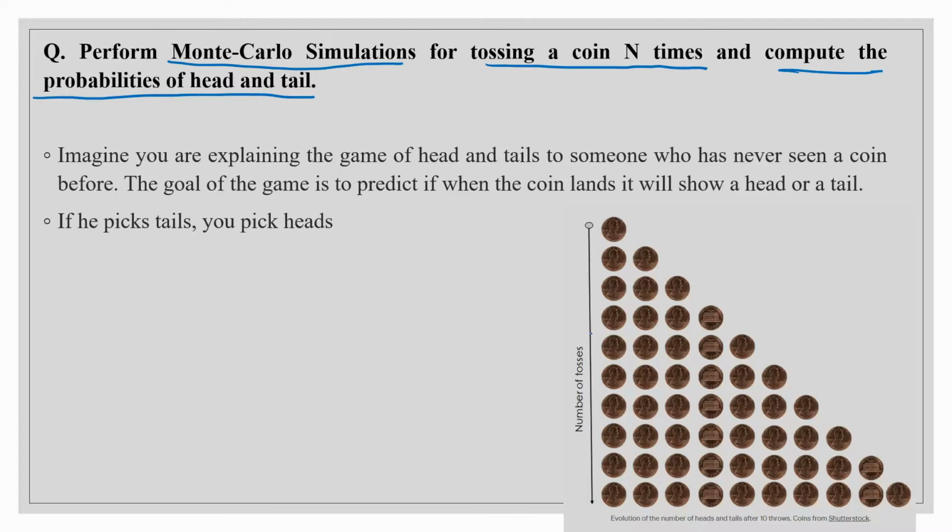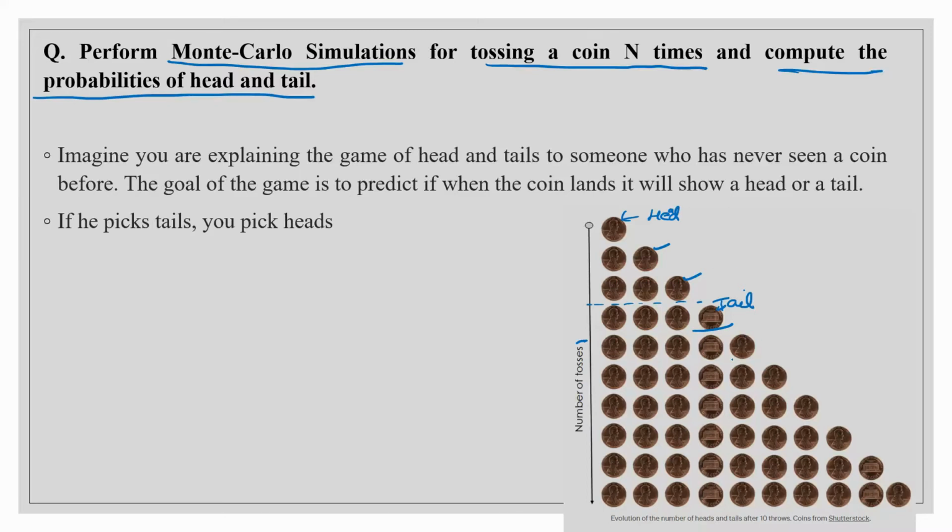Now if I call this side head, in the first coin toss it came out to be head, then again at the second it came out to be head, then again at the third it came out to be head. Then your friend will think this coin doesn't have any other option and it will only give head. You are more biased towards head rather than tail, but when the fourth time the coin was tossed, it came out to be tail. Now your friend starts to believe that okay, there is some other possibility, we can have tail also.